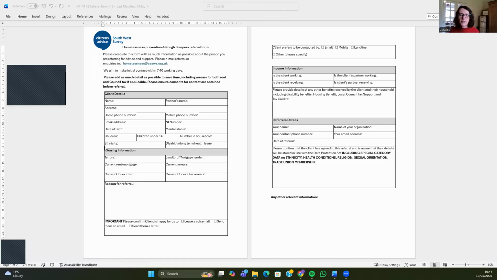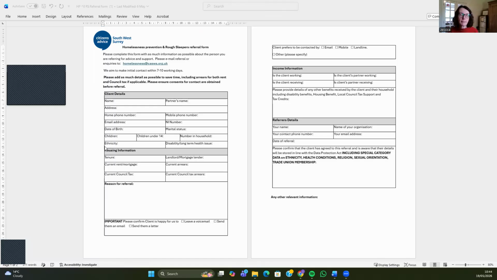So this is the form that is available, and you can use it if you're talking to somebody who's at risk of homelessness or is homeless and isn't already getting support from somewhere like Riverside, who are contracted through the council to help with homelessness prevention. These forms are available in the black cafe listener folder, which is normally on top of what I call the team leader drawers, the white drawers next to the team leader table. If you can't find it, ask somebody and they'll have a rummage around for you.